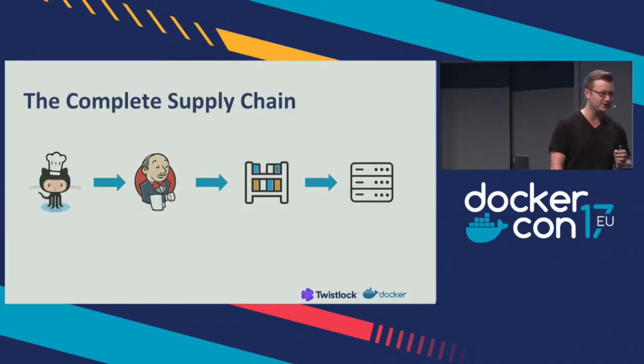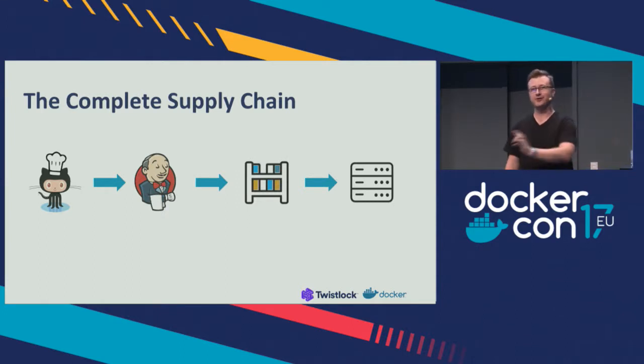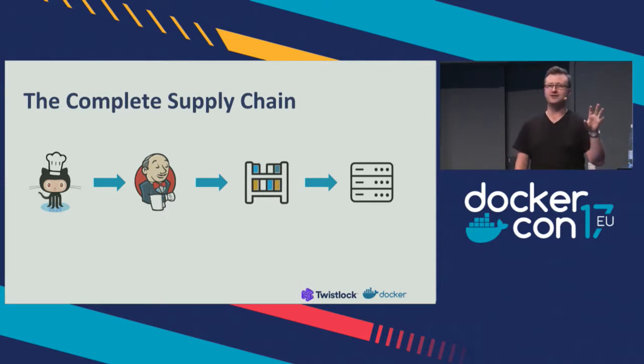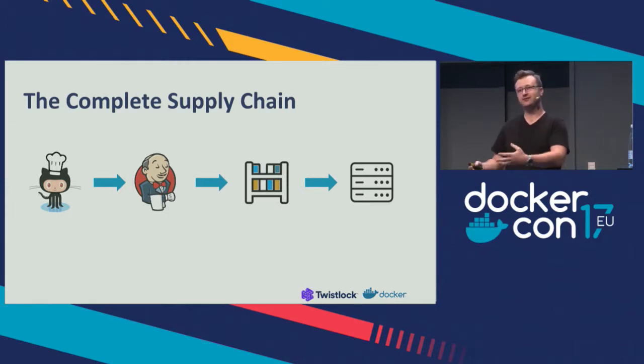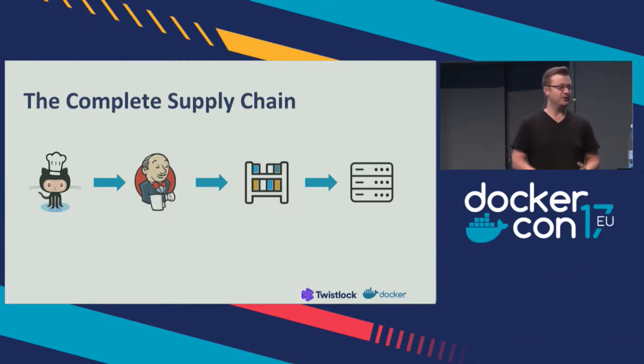So what does our supply chain look like? Well, it has 4 components. We have a version control system, which is where we as developers store our code, or where our chef stores his recipes. We have a continuous integration service, which takes our code or takes our recipes and builds our applications